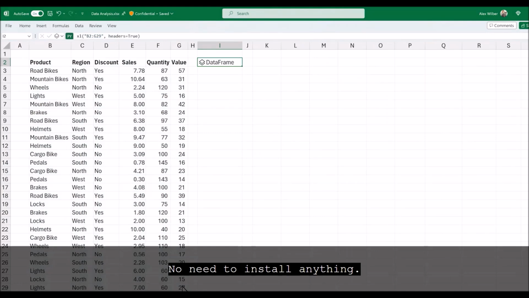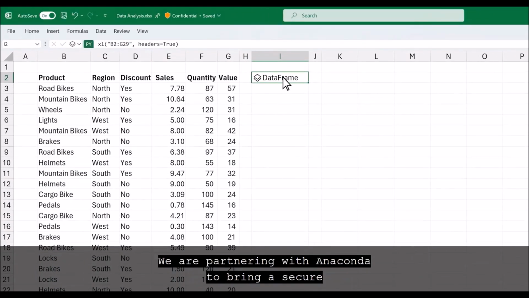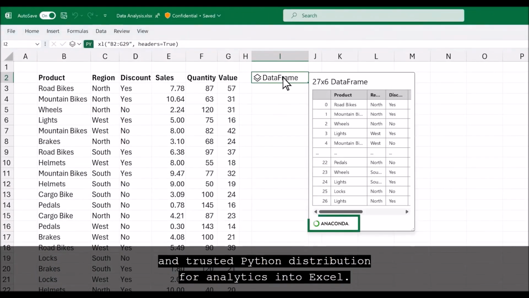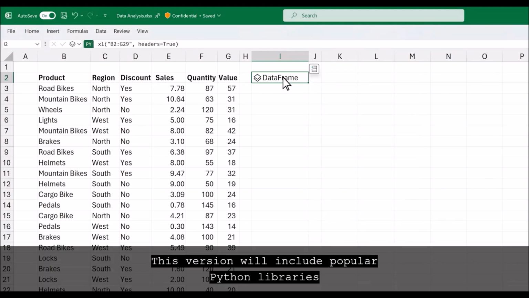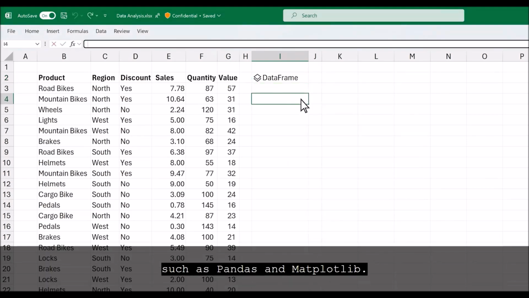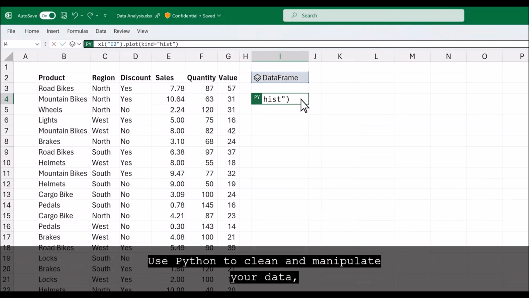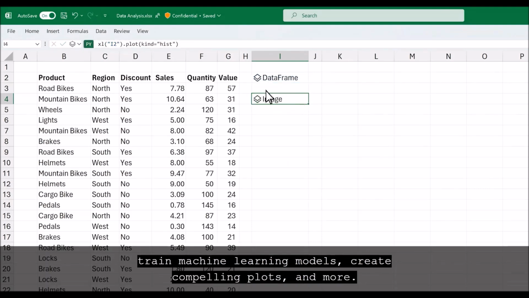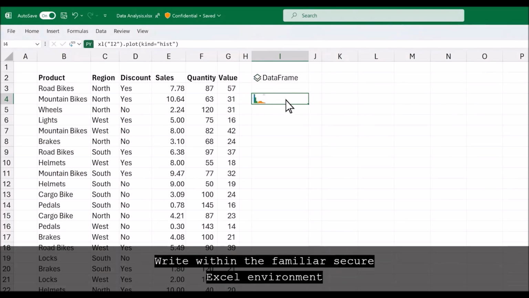No need to install anything. We are partnering with Anaconda to bring a secure and trusted Python distribution for analytics into Excel. This version will include popular Python libraries, such as Pandas and Matplotlib. Use Python to clean and manipulate your data, train machine learning models, create compelling plots, and more, right within the